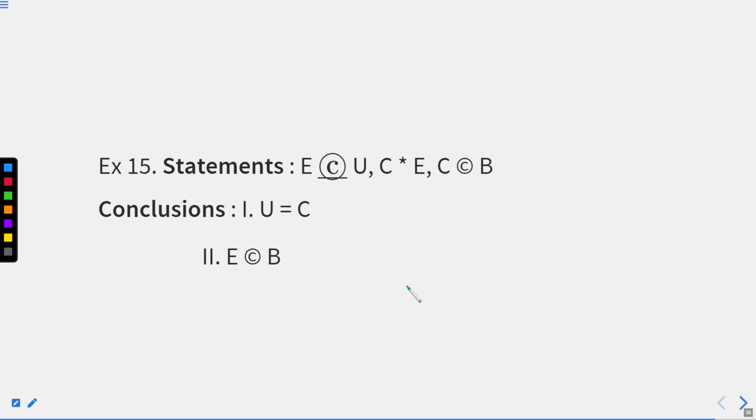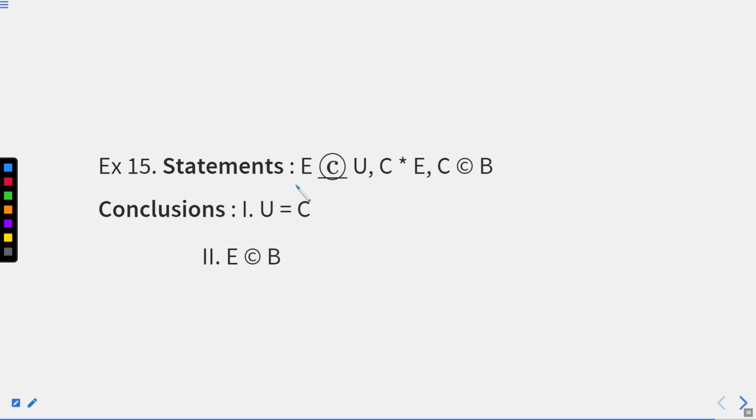Now, I have one more question based on the same. Why am I doing four or five questions on the basis of the same directions? Because sometimes you find these questions difficult, as you have to cross-check again and again whether the expression given, the symbols used, and the mathematical operations are aligning or not. If they are not aligning with each other, it means the conclusion given is false. Otherwise, it is true.